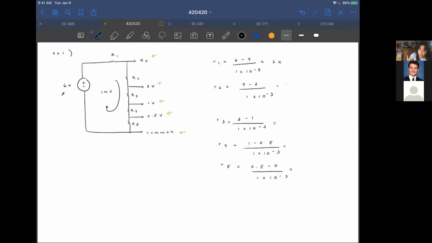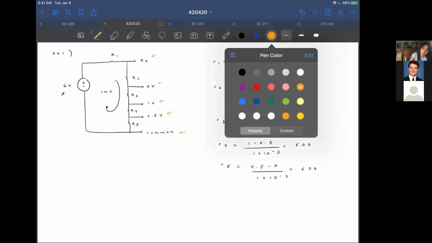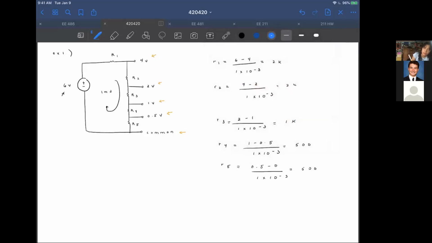So you'll be getting 2K, 2K, oops, 1K, 500 ohms, and then 500 ohms. Once you have defined these values, you can define them in the circuit itself, and then you can build it,